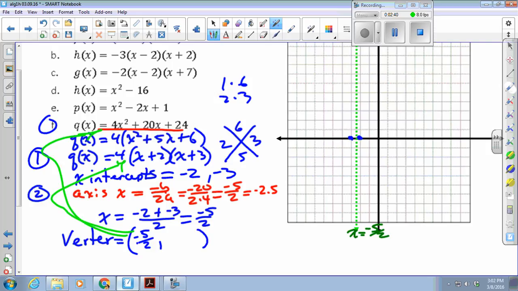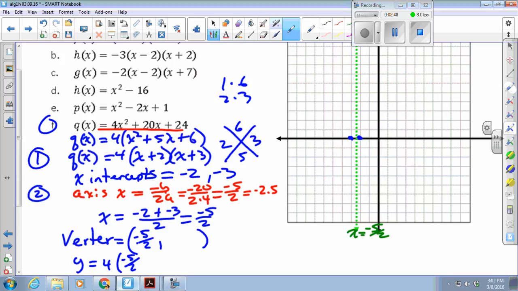Take your pick, it should come out the same. So y is equal to 4 times (-5/2 plus 2, but I'm going to write 2 as 4/2) times (-5/2 plus 3, but 3 is going to be 6/2),